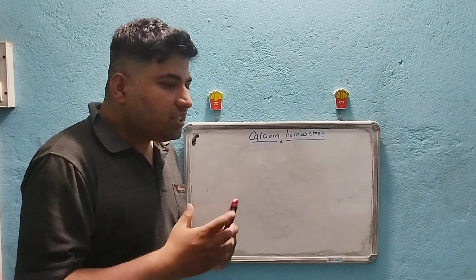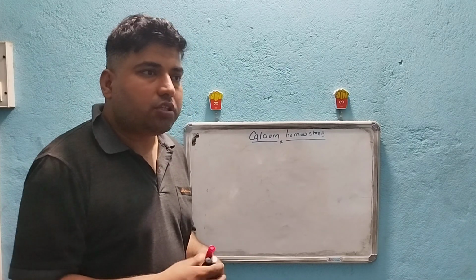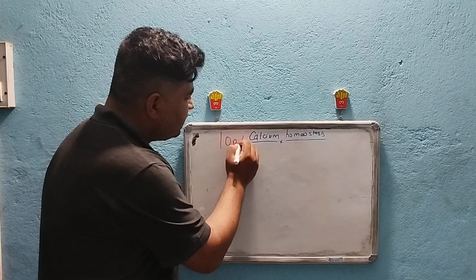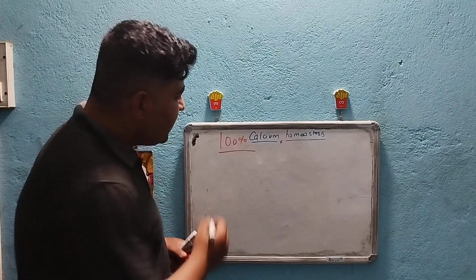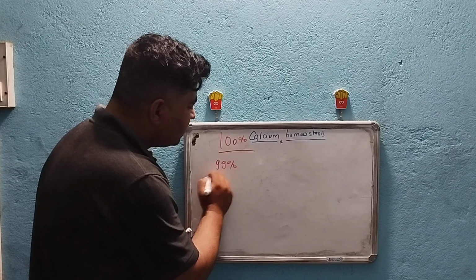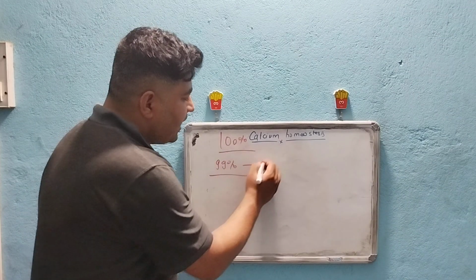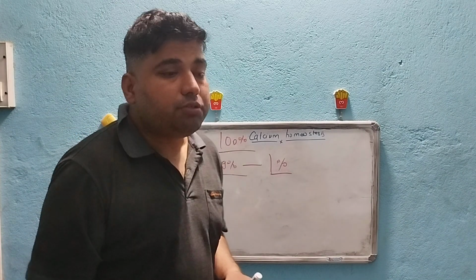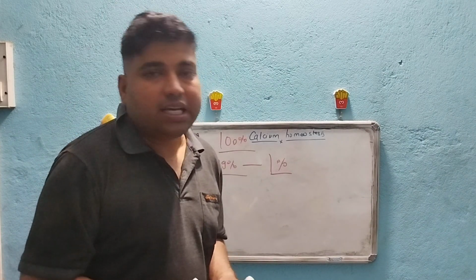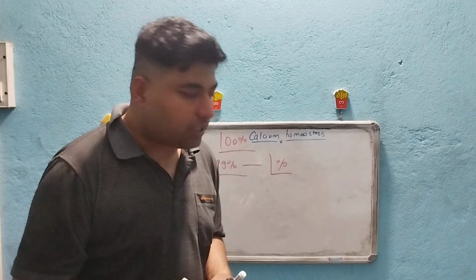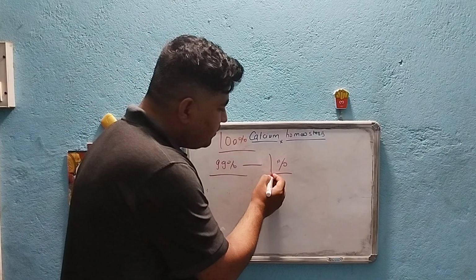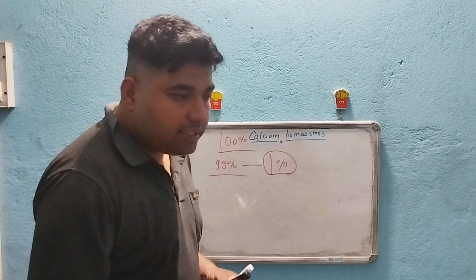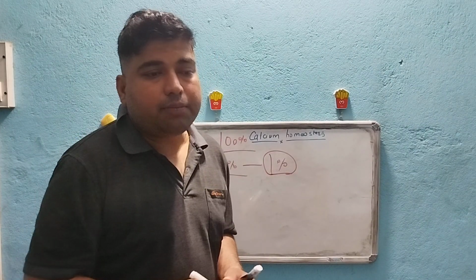Talking about the distribution of calcium, out of 100% of calcium that is present in our body, 99% is present in the bones. The remaining 1% is distributed intracellularly as well as extracellularly. Out of this 1% of calcium that is present in the blood, some of it is complexed